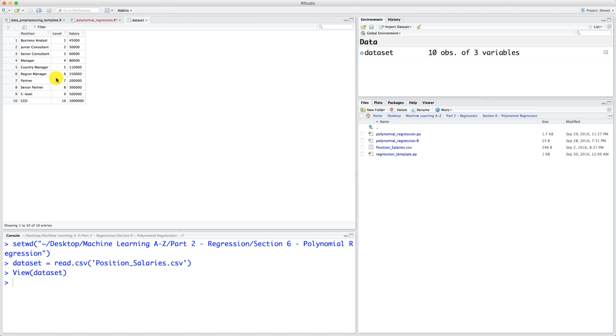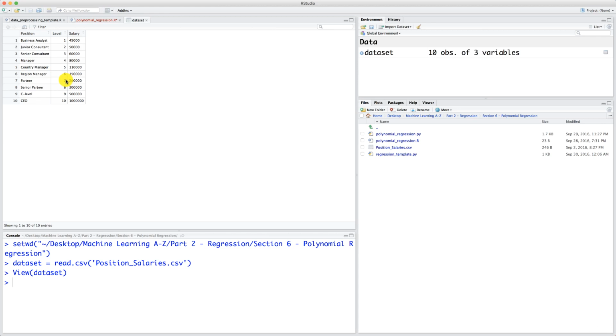Remember, the machine is the polynomial regression model itself, and learning is related to the fact that this polynomial regression machine learning model will learn the correlations between the levels here and the salaries to predict any new salary of new levels that are not in this table here. For example, we want to predict the salary of level 6.5. Well, thanks to what our machine learning polynomial regression model learned on this info here, it will be able to predict the salary